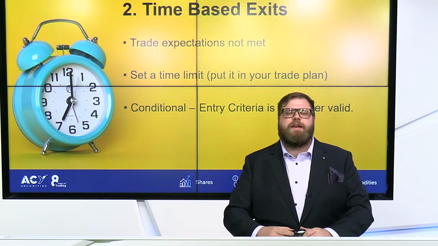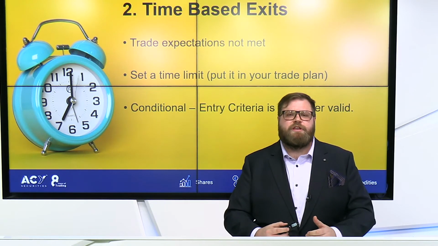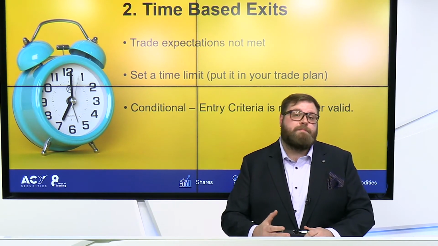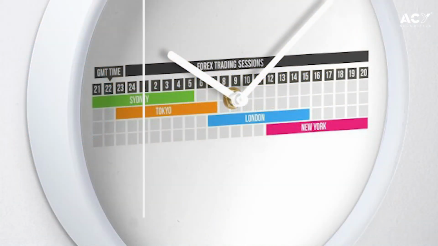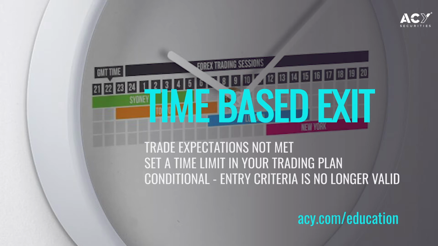The next one to look at is time-based exits. This is when you might find that an expectation that you had for a trade hasn't been met. So I like to set a time limit. Let's say I'm placing a trade on a double top or a triple top pattern, and it hasn't resulted in the price action that I thought was going to occur over a reasonable amount of time. I might be looking at an hourly chart and I've found that over the last 3 or 4 hours, it hasn't actually resulted and price has just gone sideways.